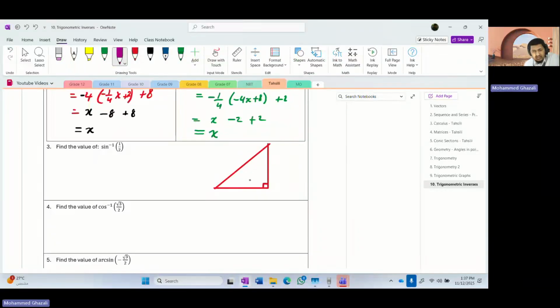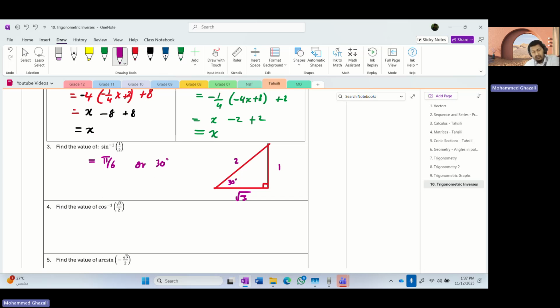So we can say this is half. We are finding basically the angle here, right? So half is opposite and hypotenuse, and this is root 3. So I think it will be 30 degrees here, right? 30 degrees or pi by 6. So what's the answer for this? It is pi by 6